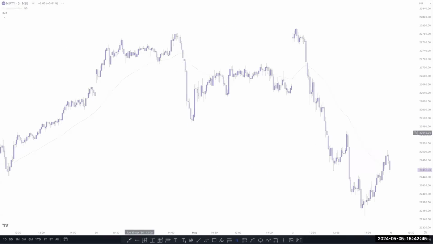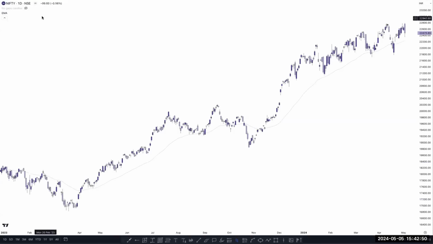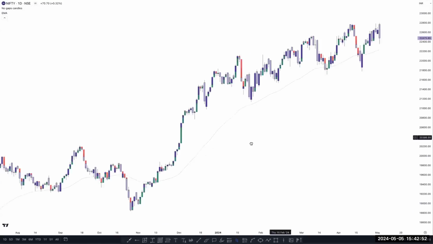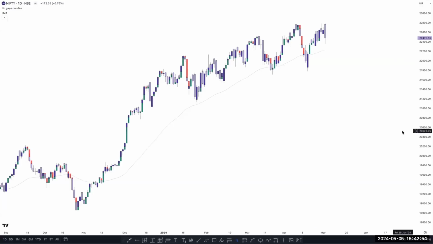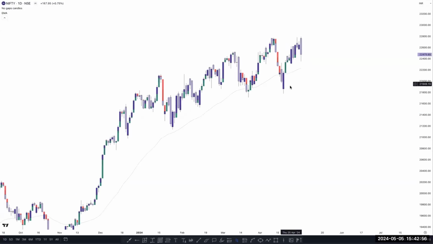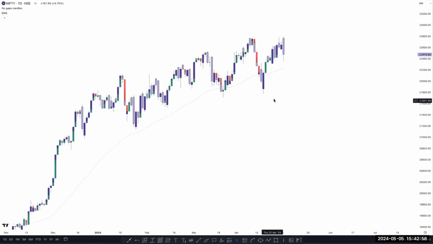Let's start from the daily time frame first. What is happening here? And after that, I will start the question and answer, so you don't need to worry about it. Everything is bullish in Nifty in the daily time frame. The structure looks bullish here, continuing to push higher highs. And right now, what can we expect here?